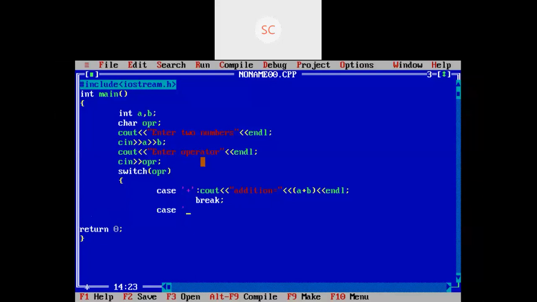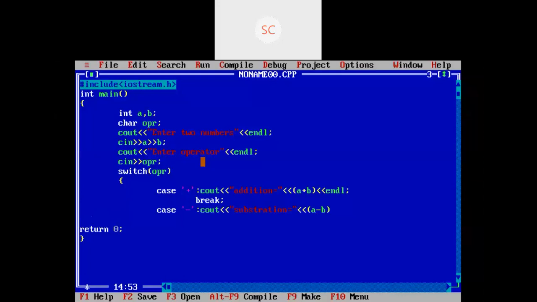Here I will write one more case for subtraction, minus. For subtraction also I have taken one case. In this case, what I am going to do is cout, Subtraction, a minus b.